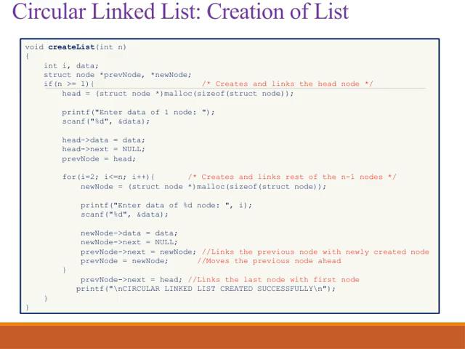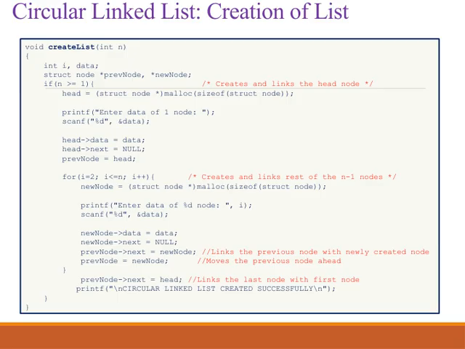Next, we enter a loop to create the remaining nodes from 2 up to n. In each iteration, we allocate memory for a new node, prompt the user to enter data for this node, and store it. We set the new node's next pointer to null, then link the previous node's next to this new node, effectively chaining them together. We then update prevnode to point to this new node, so it becomes the previous node